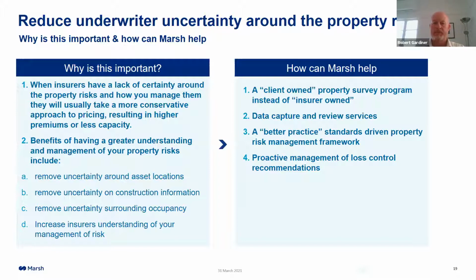I think a point as well, Rob, is the challenge with just relying on insurers' property surveys alone is that, one, it doesn't give you the flexibility to use that information and market it to other insurers. So like you're saying before, you kind of paint yourself into a bit of a corner there. And so if you're with your incumbent insurer for a while and then they reduce capacity or the pricing is becoming significant, you don't have that survey work to go out and market it to a number of insurers.